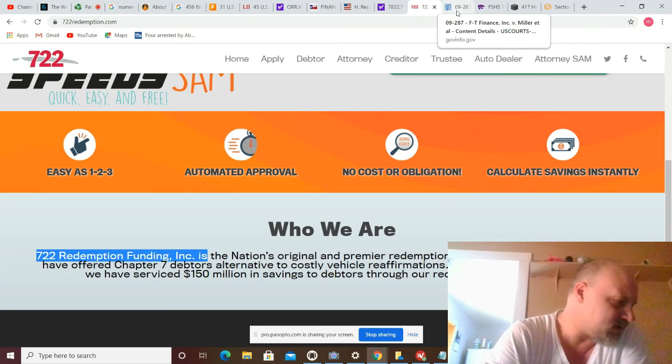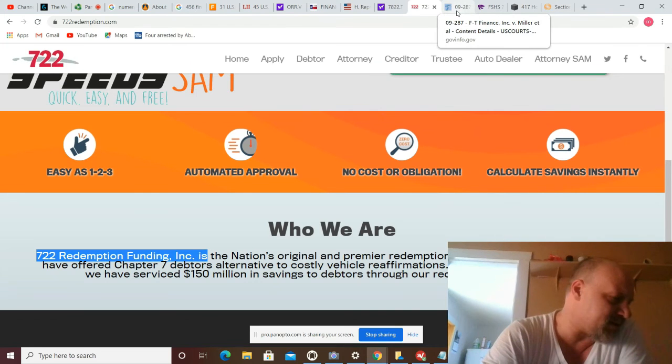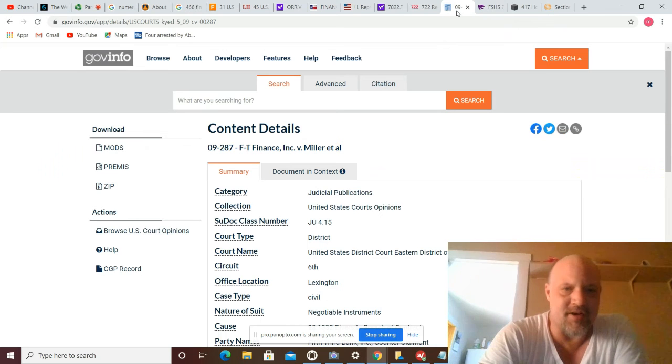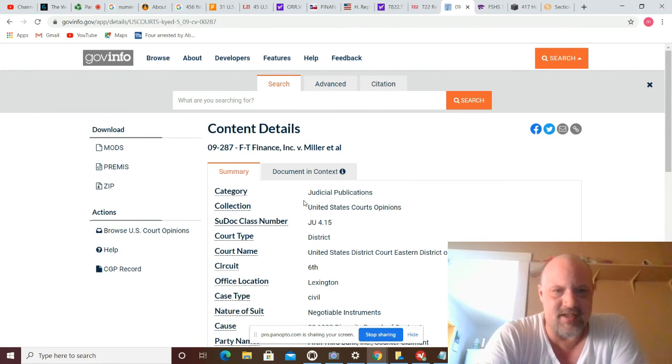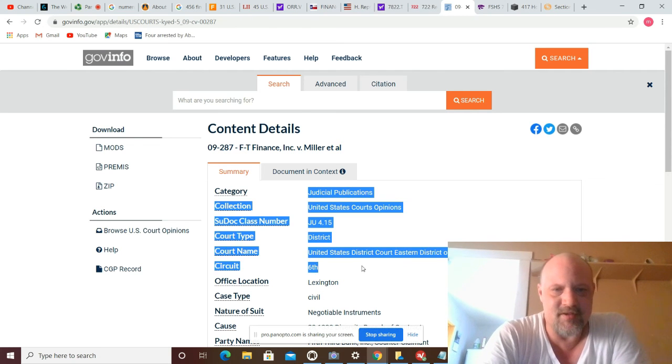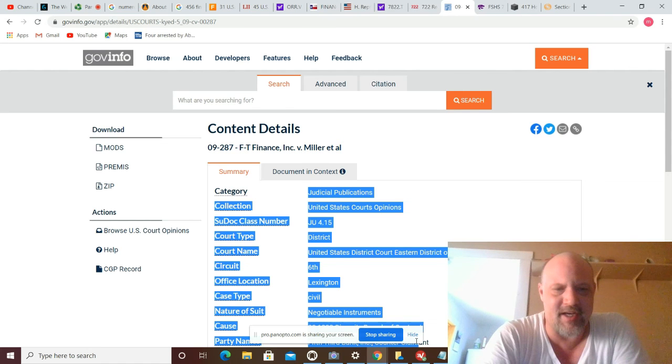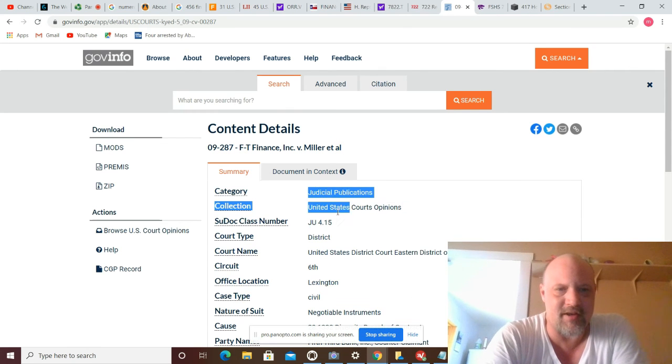So if you move on from that, you have 287, which ends up being 09-287 FT Finance Incorporated versus Miller ETAL. And this is a court case. So there could be a host of reasons that could be calculated.